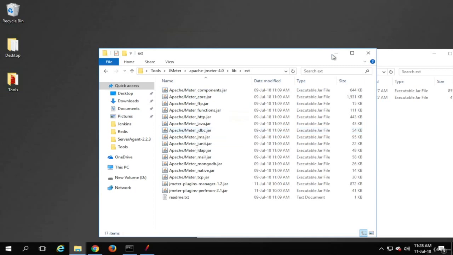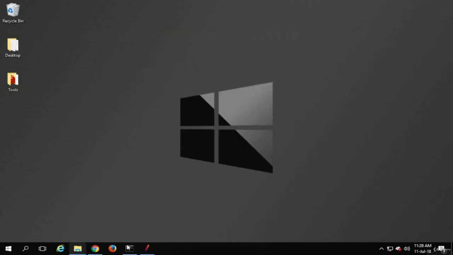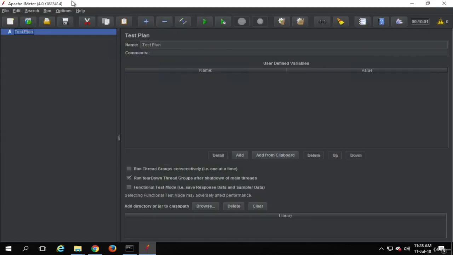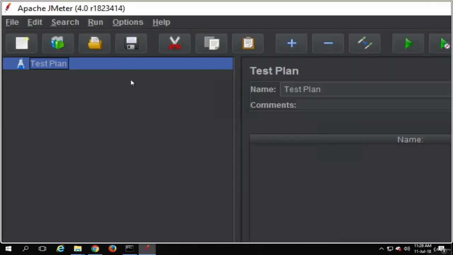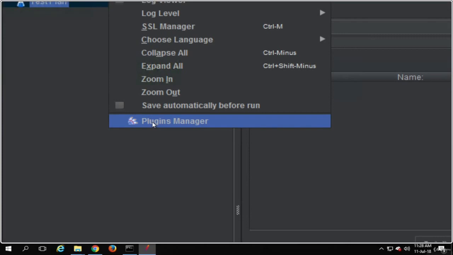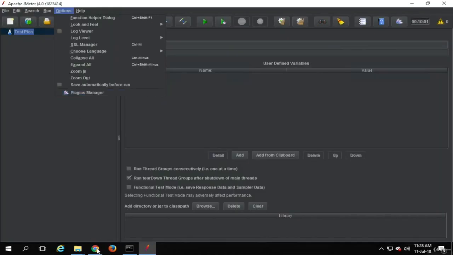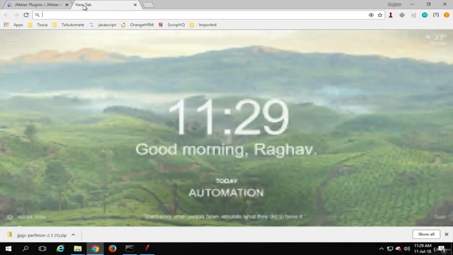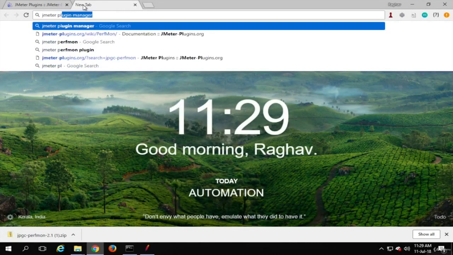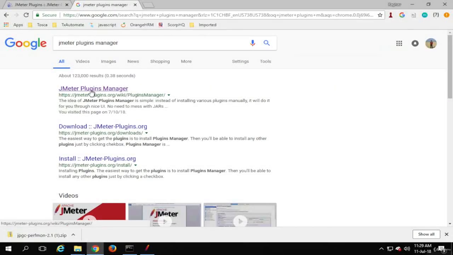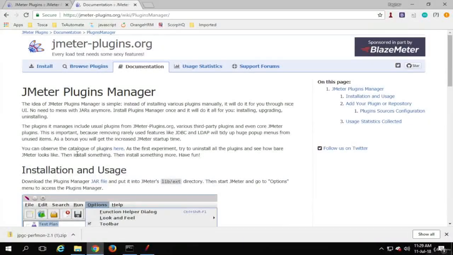Now the other straightforward way is using the JMeter plugins manager. If you have already added JMeter plugins manager, if you go to your options, you will have this plugins manager here. Just in case you do not have the plugins manager on your JMeter, you can go to your browser and search for JMeter plugins manager, and here you will get this JMeter wiki page for plugins manager.